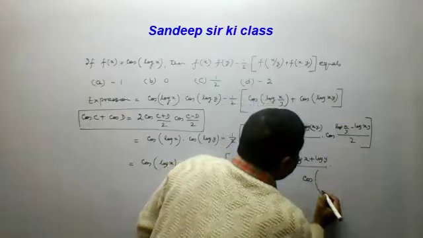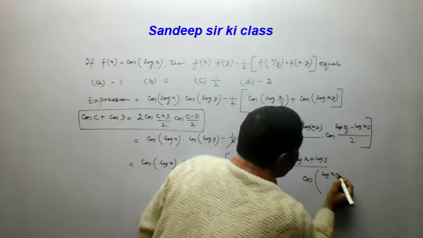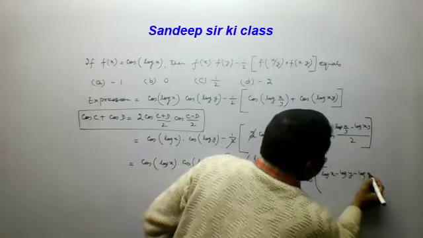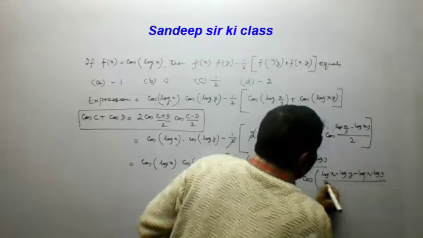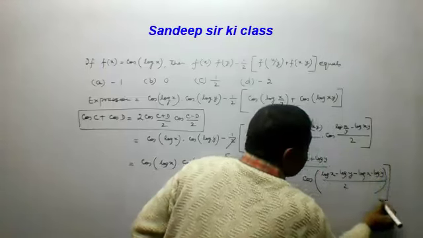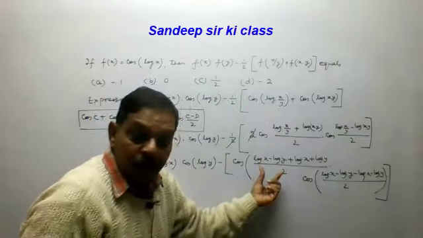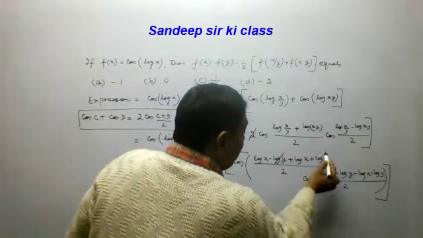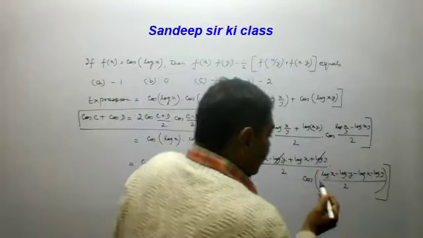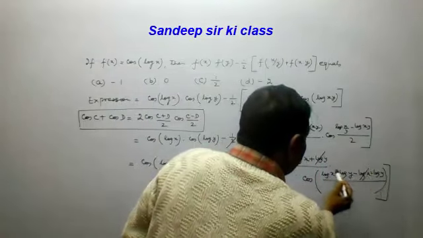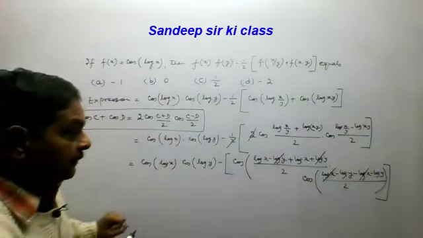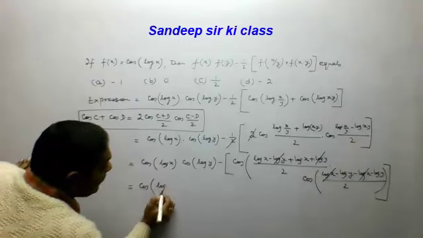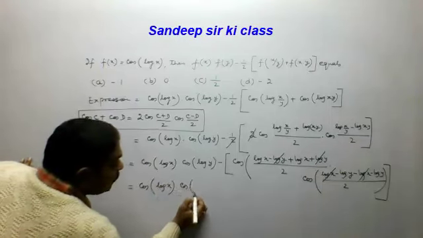Again it will be log x minus log y. Minus is there, so it will be minus (log x minus log y) upon 2. This we are obtaining using the properties of log. Now minus log y and plus log y are cancelled. Here minus log x and plus log x are cancelled. So simplifying this, this is equal to cos log x into cos log y